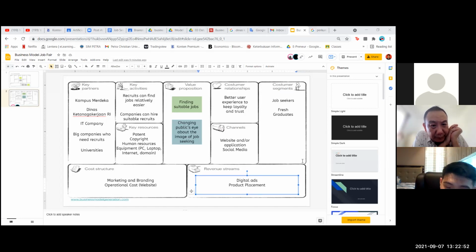Go ahead. Okay, and then for the key resources, there are some of them, patent, copyrights, and so on. And then for value proposition, because the hardest one is to find, we can change the public's eye about the image of job seeking, because job seeking seems so hard, right?